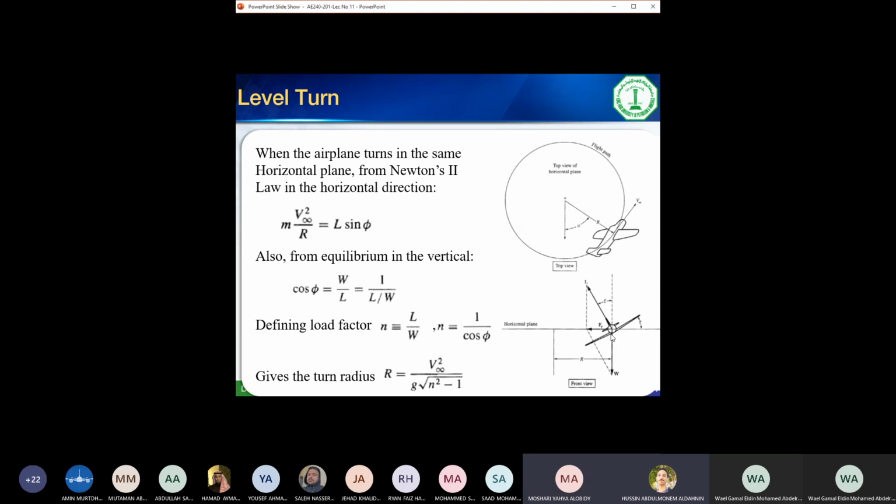So if we write Newton's second law towards the center, in this direction here, it will